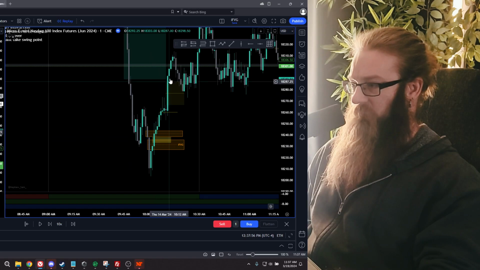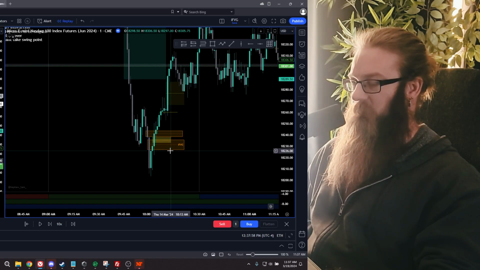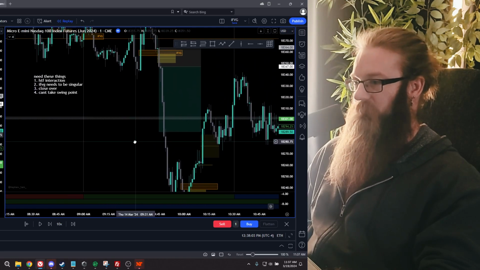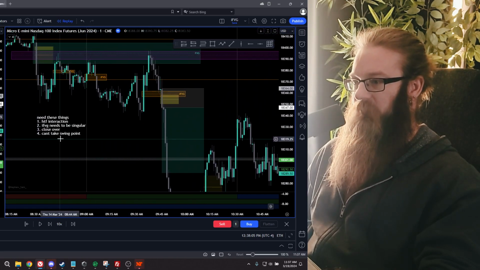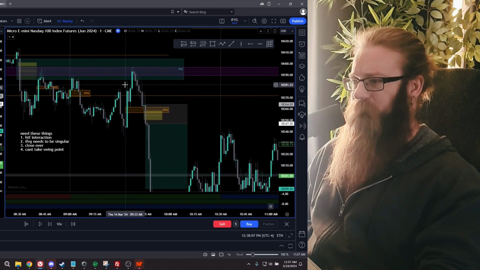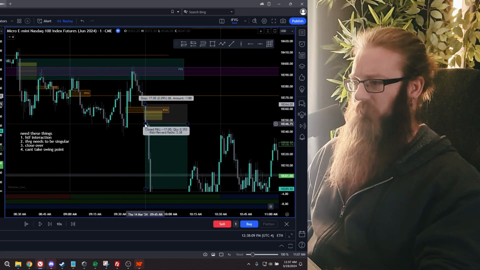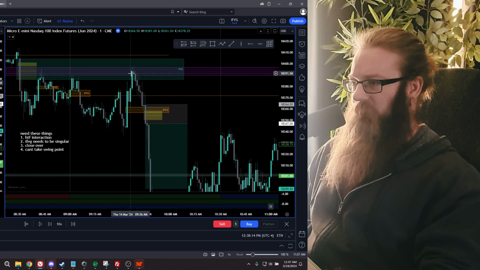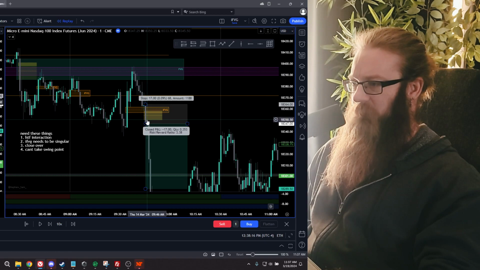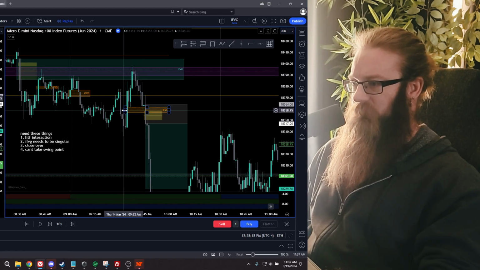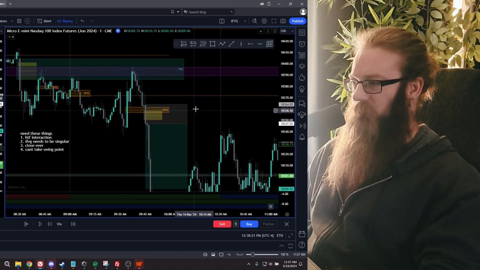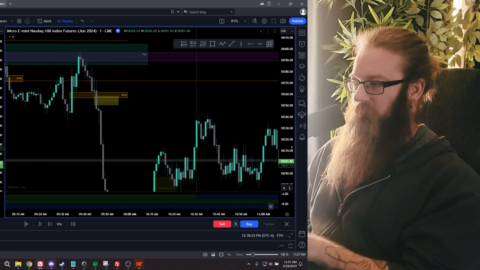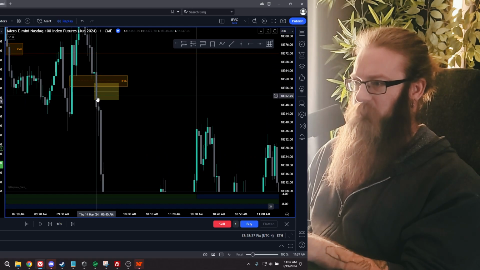Now, why did this work out? We'll go over that in a second, but you don't want to have more than one stacked on each other. And then it can't take the swing point. So here, because this closed so far down, I'll show this. Price moves up into the high time frame fair value gap, trades away. It creates this fair value gap and then closes over it. So now it's an inverted fair value gap. This candle right here, this big down close candle,